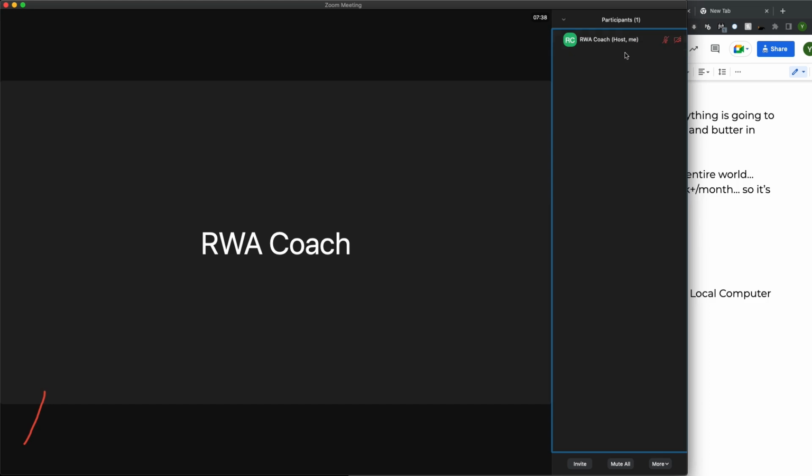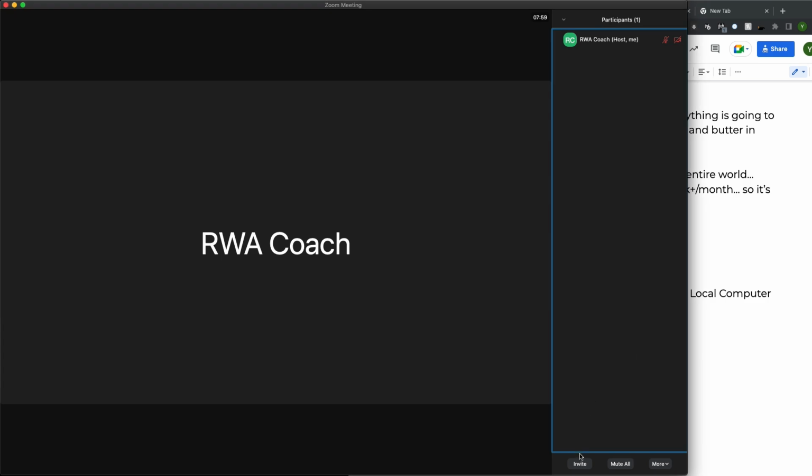You can unmute yourself. And when somebody joins using your link, they're going to show up here under participants, and you're going to have to let them into the room. This is very important to understand: they're going to show up right here, and it's going to say XYZ is in your meeting room. Then go ahead and accept them and approve them into your meeting room. That's very important. You need to understand that, okay?